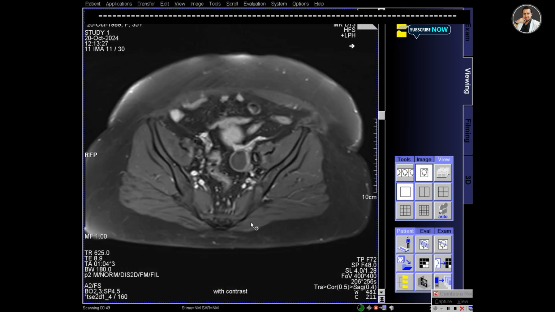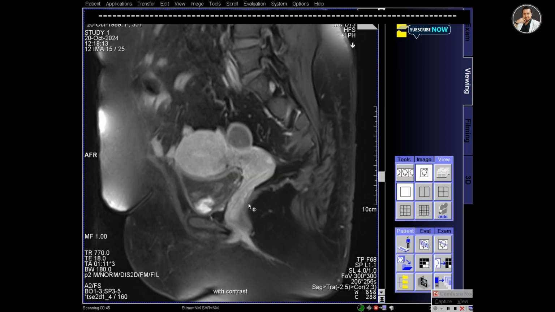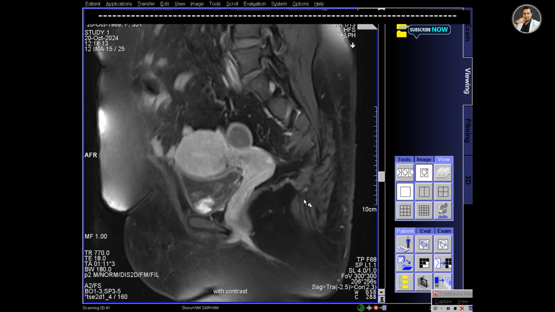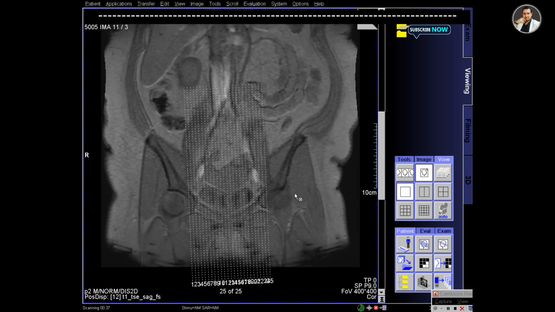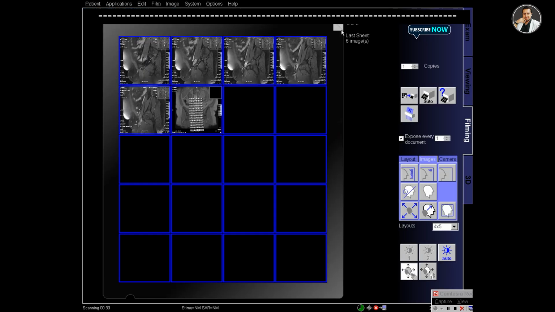and print out. So now this is a T1 sagittal fat set post contrast. Select the series and send it to the filming. And also send the reference image.